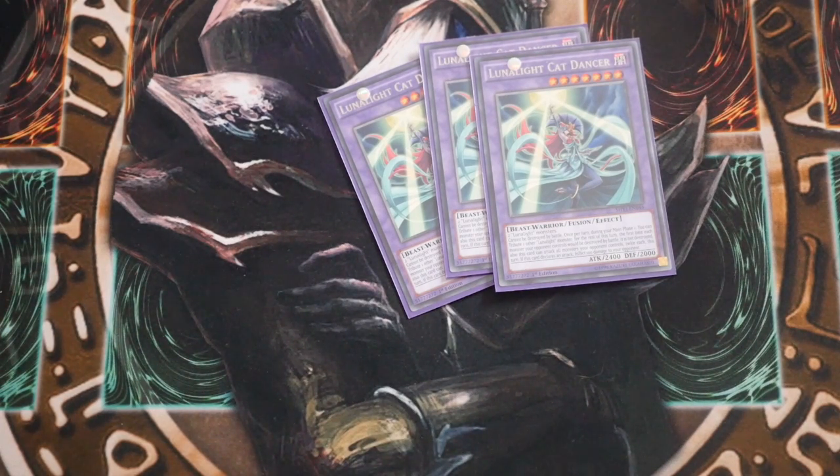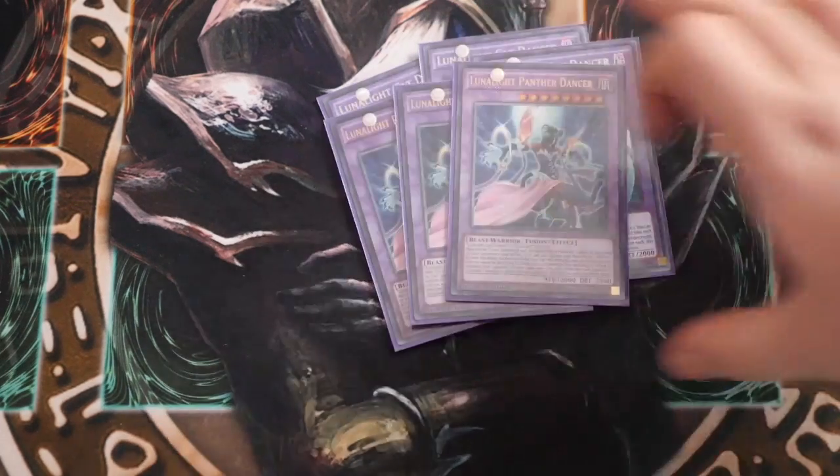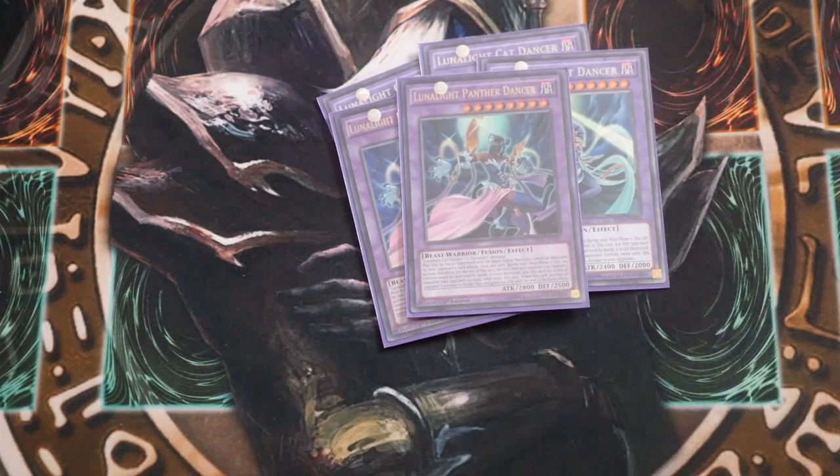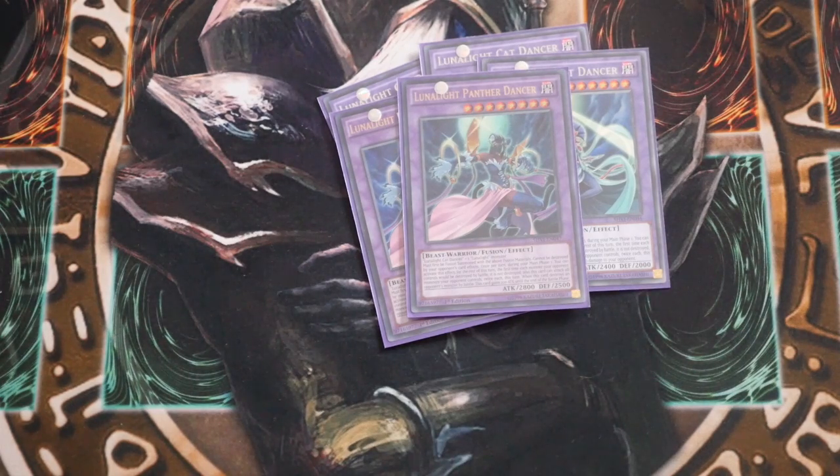The next level is triple Lunalight Panther Dancer. So again, this is your go-between between Cat and Leo. So you need Lunalight Cat and 1 Lunalight monster. Must be fusion summoned with the above fusion materials, cannot be destroyed by your opponent's card effects. Once per turn during your main phase 1, you can target 1 other. Sorry, main phase 1 you can